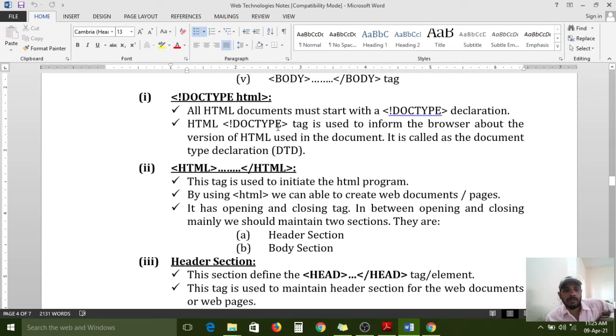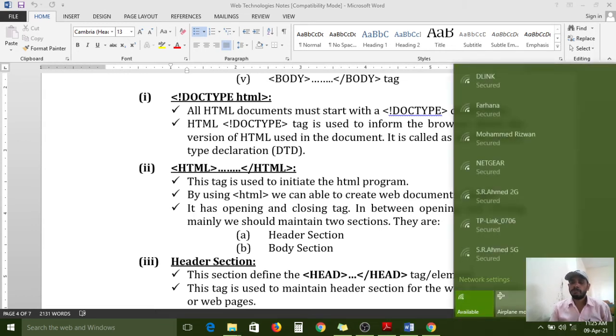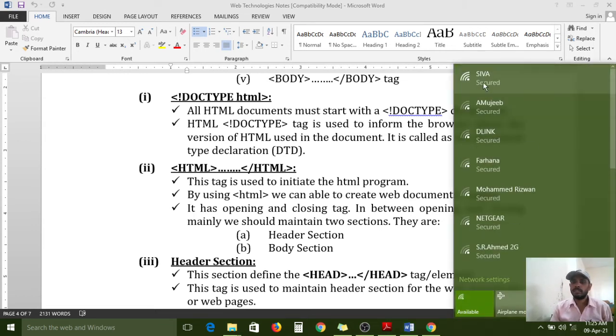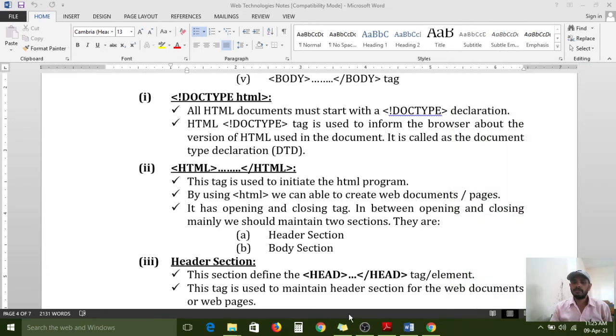All of you carefully observe, the remaining doctypes we also have. For that I am connecting my phone to my laptop. Okay, it is connected.